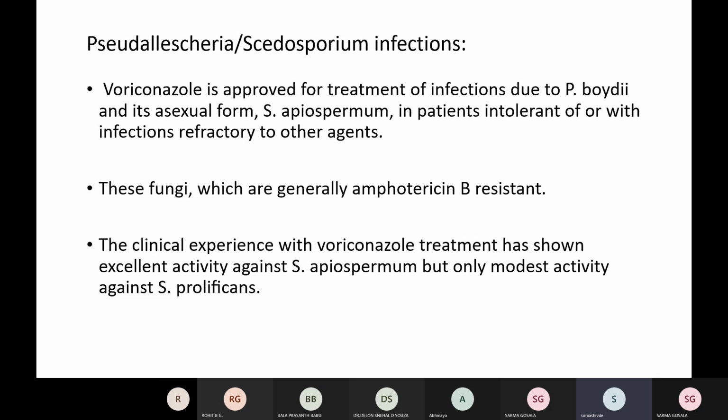Coming to Scedosporium and Pseudallescheria species, voriconazole is FDA approved for treatment of these fungal molds in patients who are intolerant of, or with infections refractory to, other agents. These fungi are generally amphotericin B resistant, so voriconazole can be considered as the first line agent in them. Clinical experience with voriconazole treatment has shown excellent activity against Scedosporium apiospermum, but only modest activity against Scedosporium prolificans. So we can always check